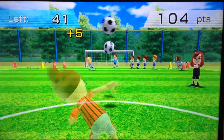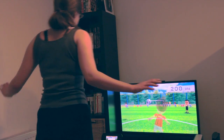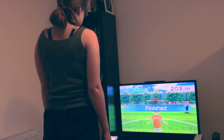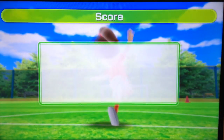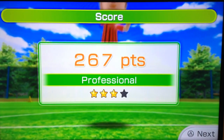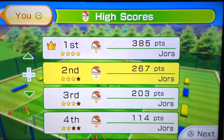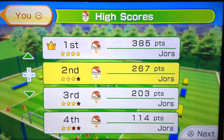The first time I tried that, I only got 1 star out of 4, but then the second time I tried it, I got 4. So I think it's the kind of thing where you just have to get used to how the exercise works. It's not particularly strenuous. It's just a case of learning what you have to do, and presumably there'll be harder ones later on. So I was feeling quite confident about my ability to play the basic exercises of Wii Fit